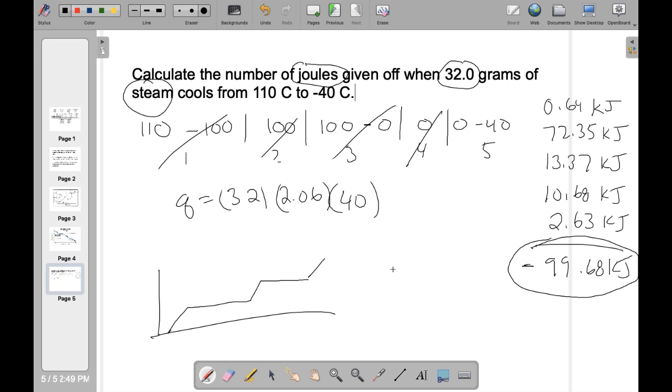They gave a specific heat, but they didn't say the specific heat when it's a solid, a liquid, or gas. It was just one specific heat. They did give the heat of fusion. They gave the heat of vaporization. So how do you do a problem like that when they don't actually give you the 3 different specific heats? And the answer is